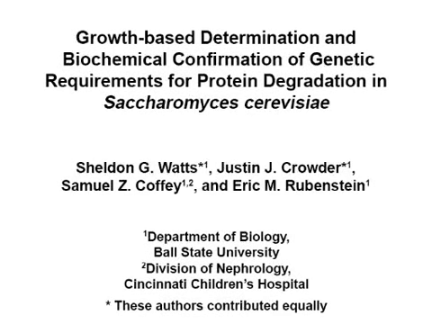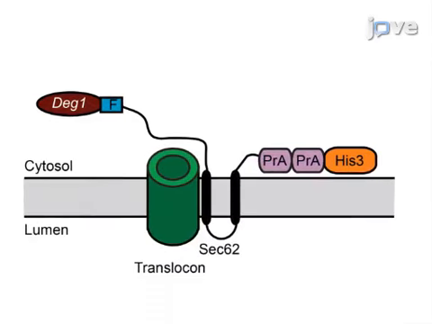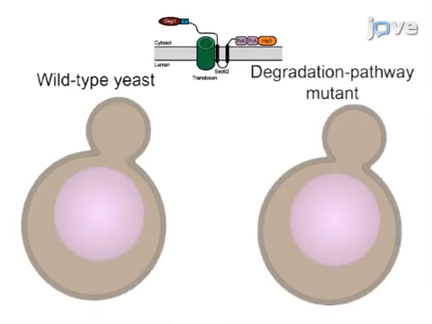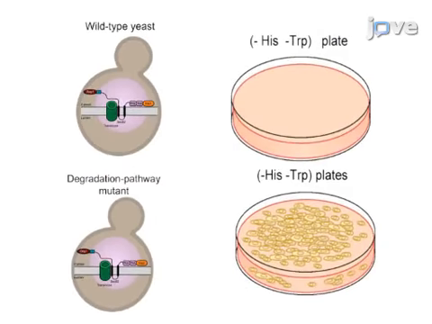The overall goal of the following experiment is to rapidly determine the genetic requirements for degradation of an unstable protein in Saccharomyces cerevisiae. This is achieved by fusing a reporter enzyme, required for growth under specific selective conditions, to an unstable protein of interest. Next, wild-type or mutant cells, both expressing the fusion protein, are cultured on selective medium agar